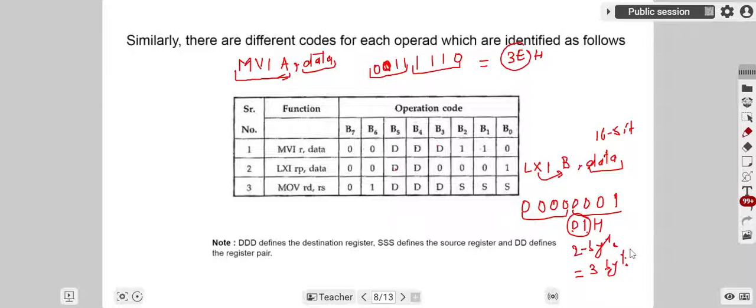So this is how these opcodes have been specified by the designer of this 8085 microprocessor. There is a specific criteria for getting the opcode for any of the instructions. These opcodes have not been randomly provided by the designer of the 8085, but some specific criteria has been set by the designer. Then and only then these codes have been designed.